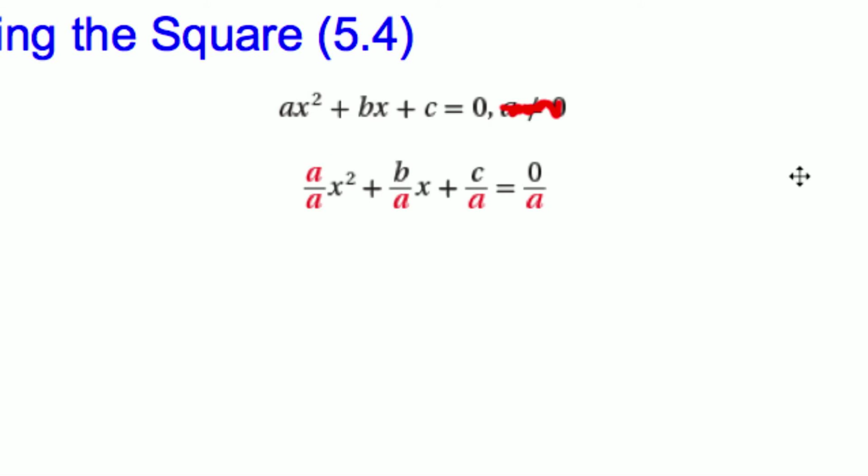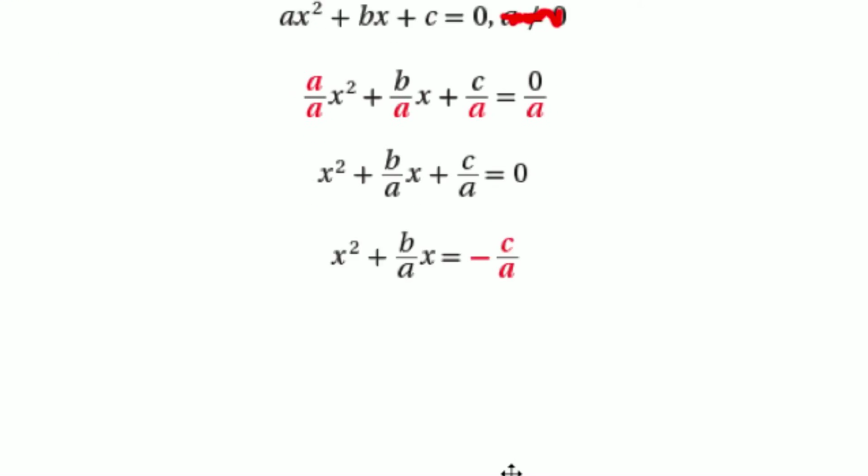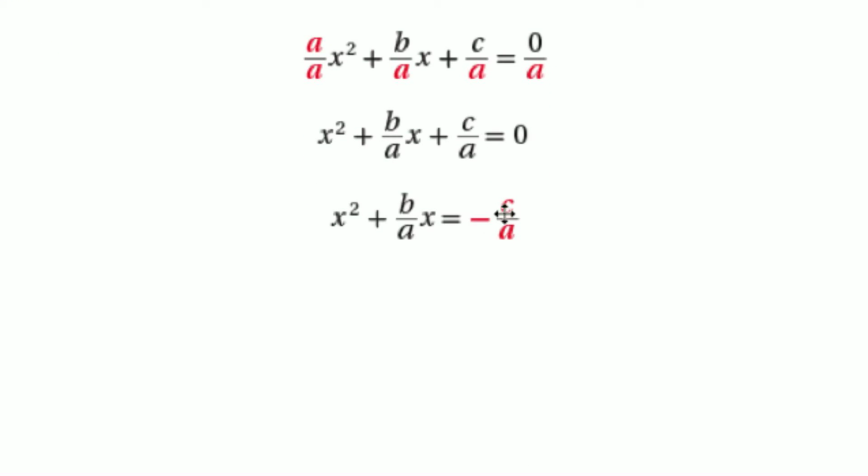So I guess they divided by a. They divide everything by a to get the x squared by itself, right? So x squared is by itself, and you have everything else in terms of a. You divide 0 by a, and you still get 0. And then you move the c over a term, this last term, to the other side